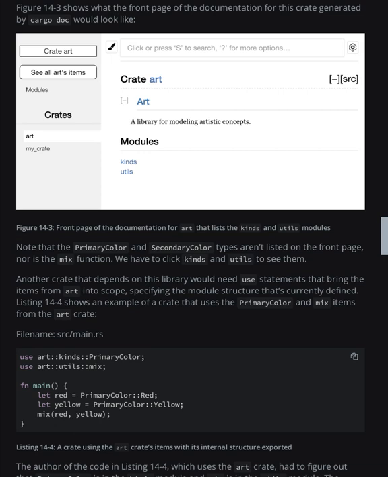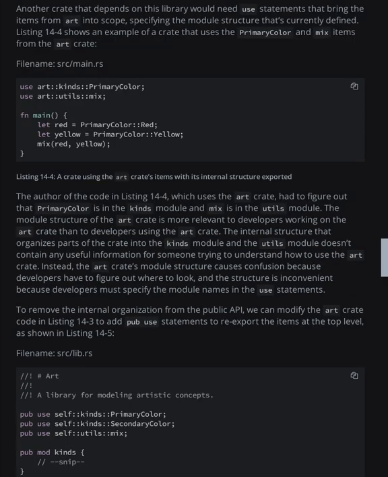Another crate that depends on this library would need use statements that bring the items from art into scope, specifying the module structure that's currently defined. Listing 14.4 shows an example of a crate that uses the PrimaryColor and mix items from the art crate. use art::kinds::PrimaryColor; use art::utils::mix; fn main() { let red = PrimaryColor::Red; let yellow = PrimaryColor::Yellow; mix(red, yellow); }